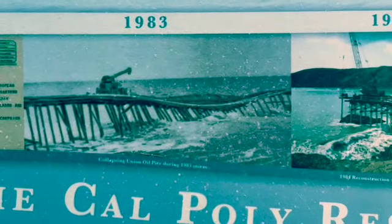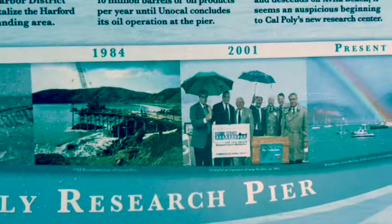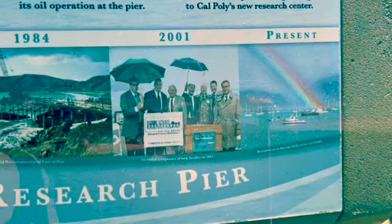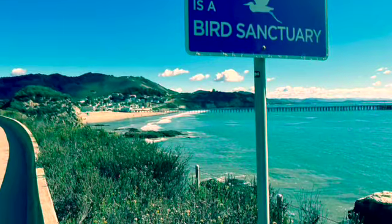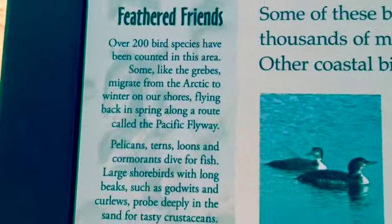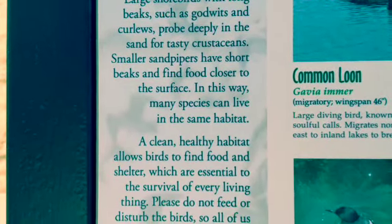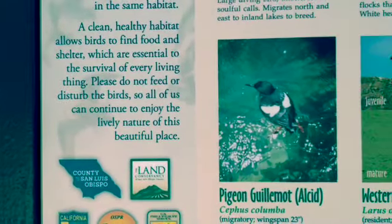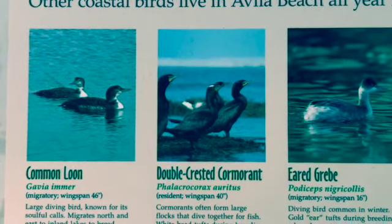So a pier goes back a long time here. This one just looks so new because Chevron built it. Coastal birds. Got a nice plaque here in front of the beach. So some of the birds are